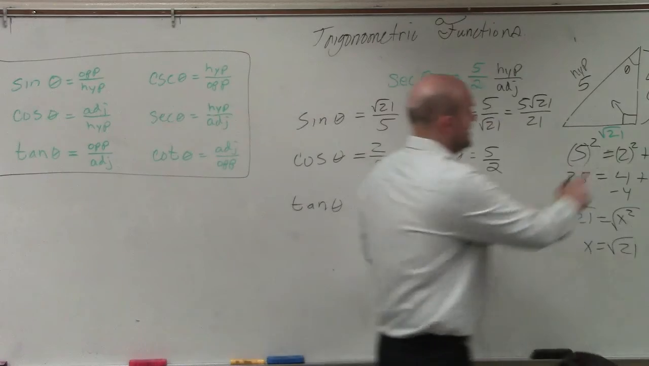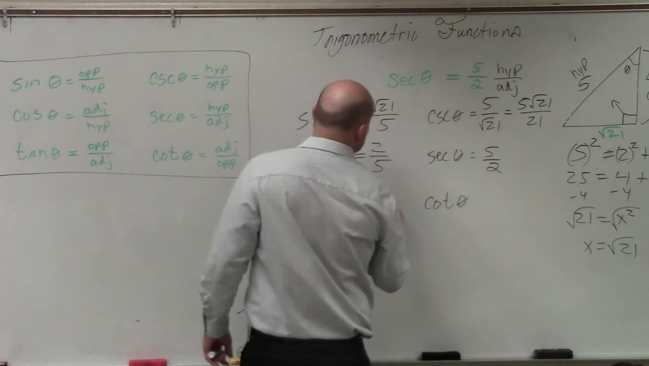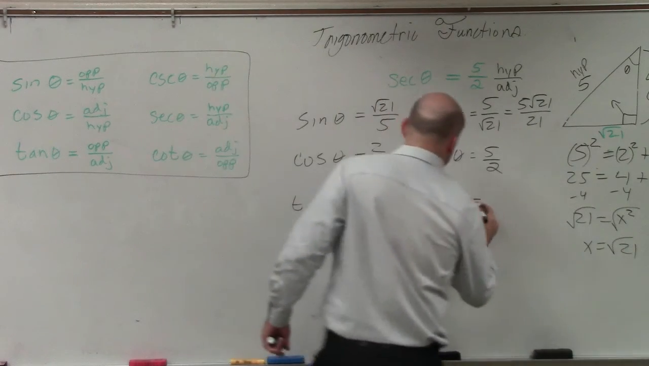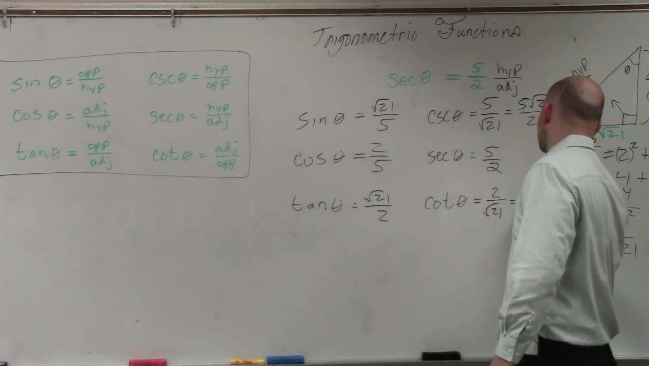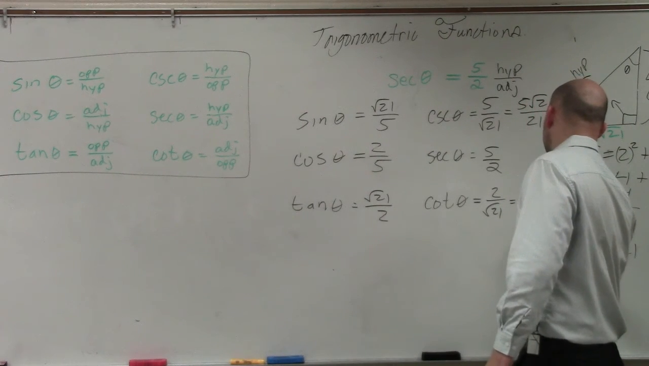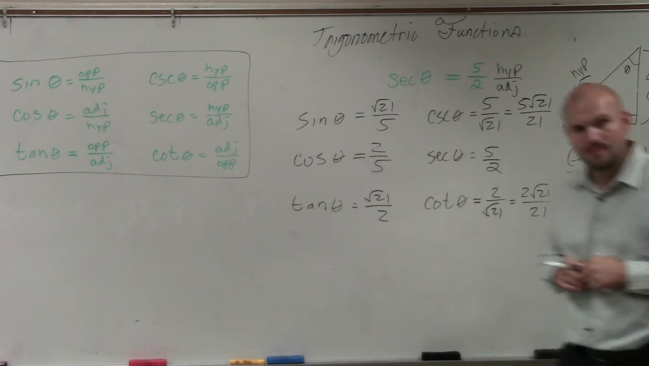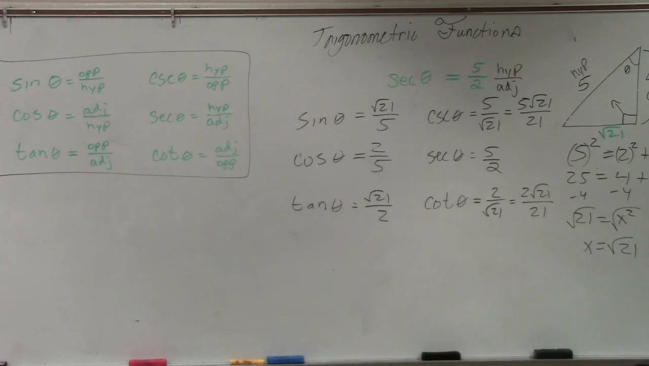Tangent of theta is opposite over adjacent. So that is square root of 21 over 2. Cotangent is going to be 2 over the square root of 21. But we understand that that's going to simplify to 2 square root of 21 over 21. Does everybody see what I did? So the first 6 problems in your homework are going to look exactly